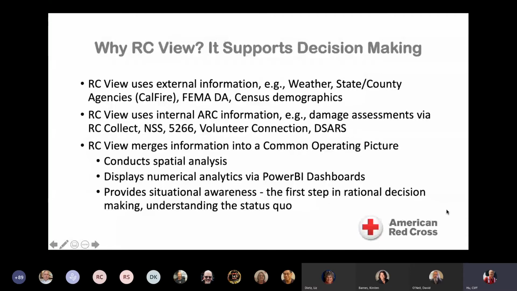Well, for one thing, it can bring in external information, such as weather from the National Weather Service. We can bring in state and county agencies like CAL FIRE, or national ones, such as U.S. Forest Service information, FEMA damage assessment, and also census demographics from the various Census Bureau data sources, all including populations of various types, and also things like the Social Vulnerability Index, the SVI. And when you overlay some of this, you get some really interesting demographic statistics of who would be most